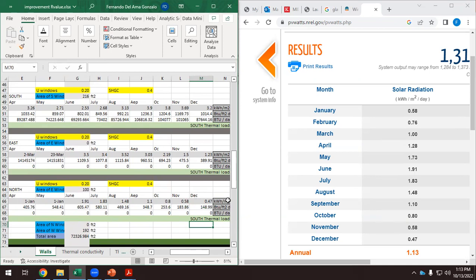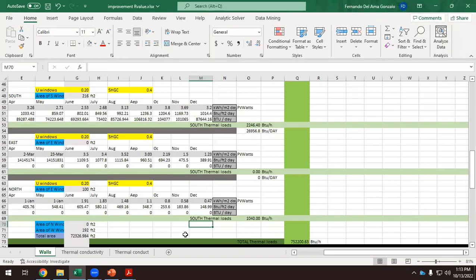Okay. I type here the values from PV watts in the north,